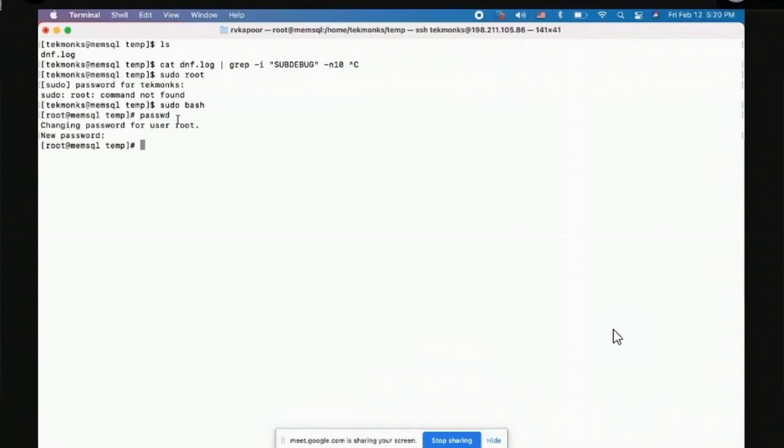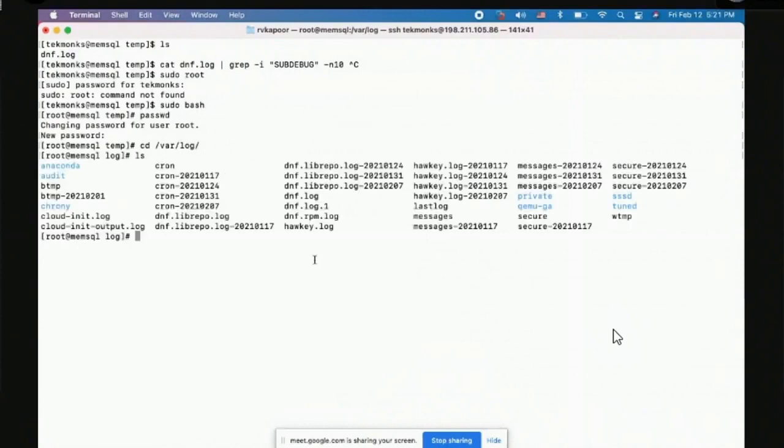If they say yes, then if you have sudo access, you can always become root. Anyway, I'm root now, so let me go to /var/log. This is an important directory from an operating system perspective. /var/log contains all the important log files for the operating system. This is good for you to know, because most of the time things that are going wrong would be in